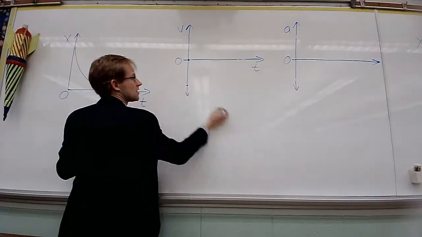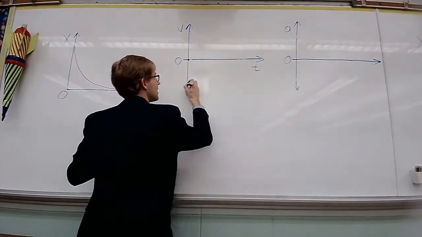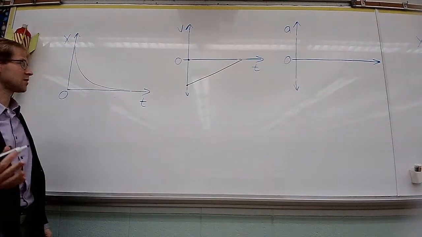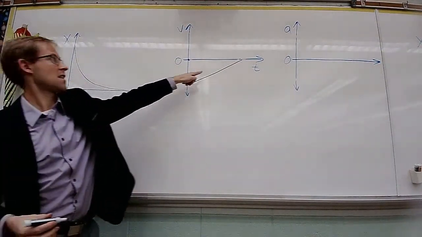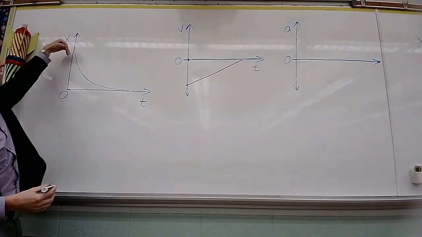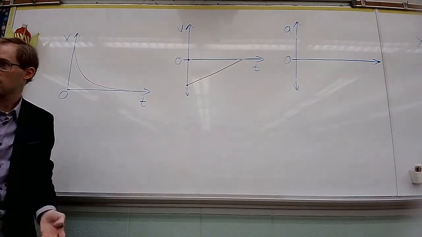Is it going to go down, up, or straight across? Up. Very good. And the reason it's going to go up is simply because this is a velocity of 0. That's what that represents. So as our slope decreases, that basically means we're getting closer and closer to a velocity